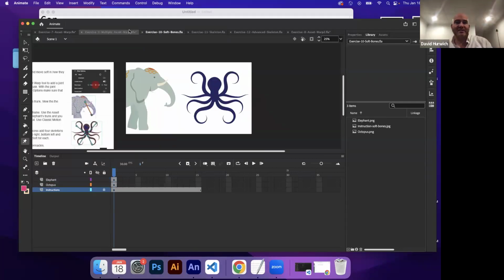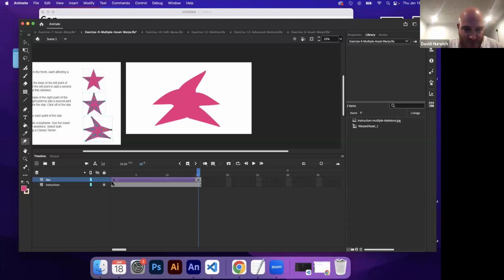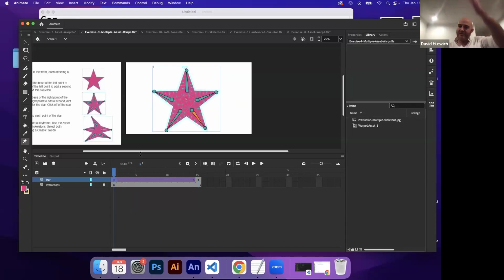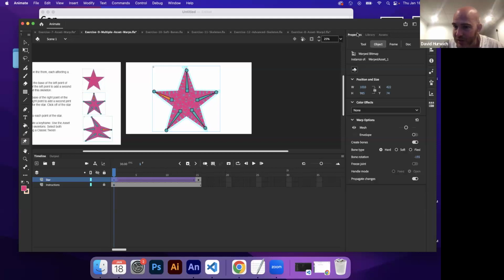Last thing is also in these last couple sort of animations, you know, the bones kind of move linearly. These are what are referred to as hard bones. If you click on this and you go to your properties under your bone, it says hard. Sometimes we want something to kind of unfurl. So like imagine, rather than a piece of rope